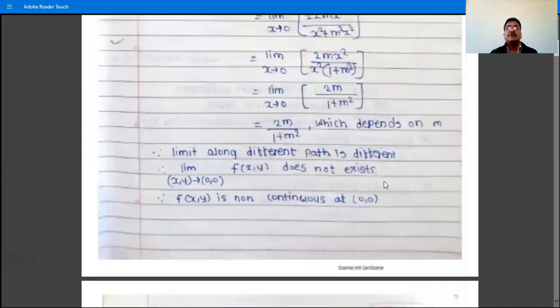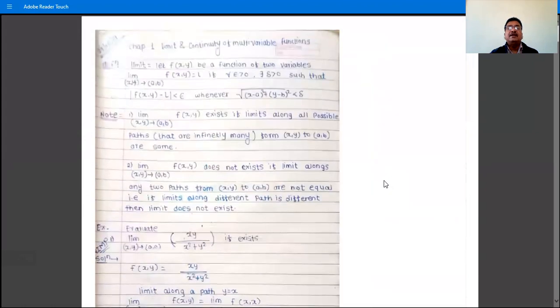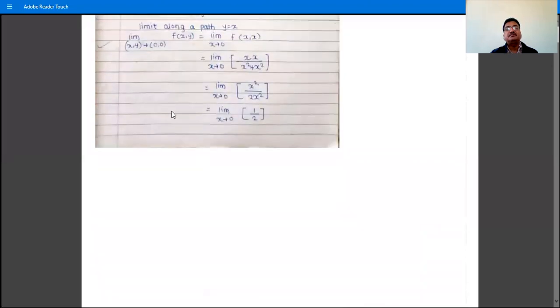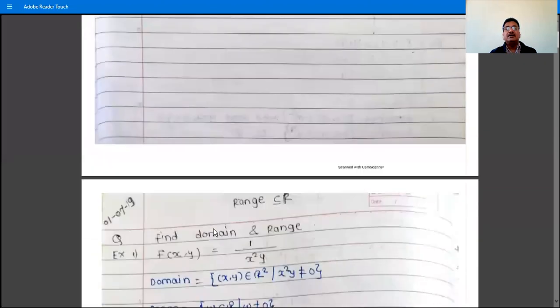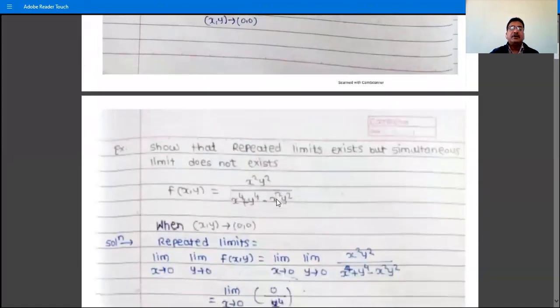What is the definition of simultaneous limit? So the limit of fxy as xy tends to ab is L if mod fxy minus L is less than epsilon whenever root of x minus a bracket square plus y minus b bracket square is less than delta. So here, in this problem, ab are 0 0, but L is 5 by 2. So let epsilon greater than 0 be an arbitrary number and consider mod fxy minus 5 by 2. Instead of 0 or L, consider 5 by 2, because the answer of the problem is 5 by 2.